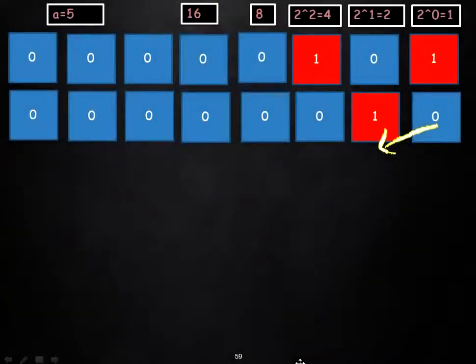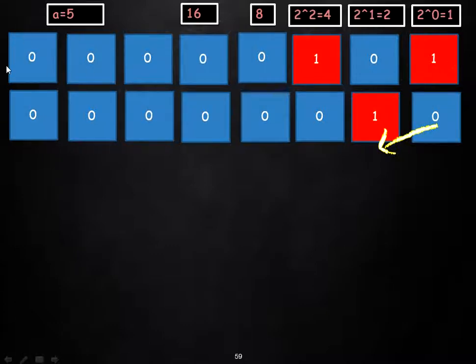Now we'll try and perform a right shift. A is 5. So we write the original 5 here. Now we have to right shift it by 1. To right shift it by 1, whatever is there over here now moves this way. So this comes here, and mind you this falls out. So we don't have a track of it.